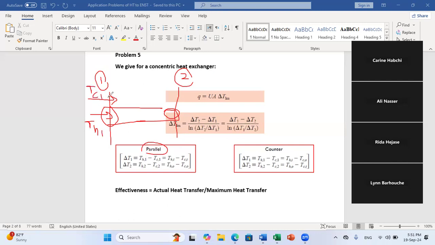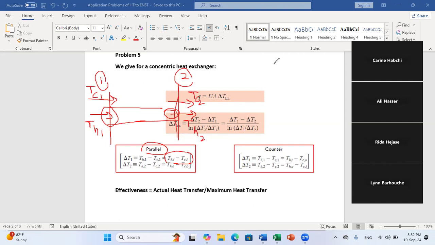Since both are inlets, T hot 1 minus T cold 1 is the difference between the inlet temperatures, T hot N minus T cold N. While delta T2 is the difference in temperature at the exit, at section 2. So here also, the two flows are in the same sense, so I do T hot 2 minus T cold 2. And of course, what will happen here is that the temperature of the hot fluid